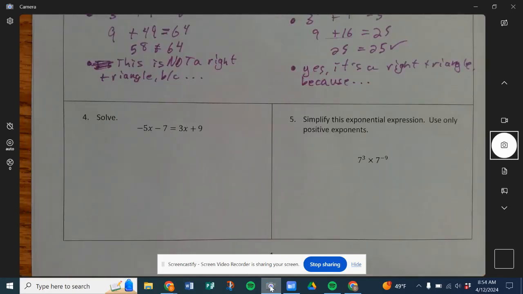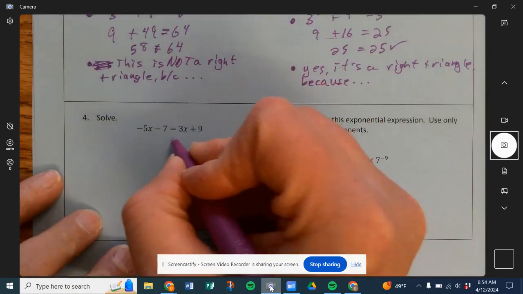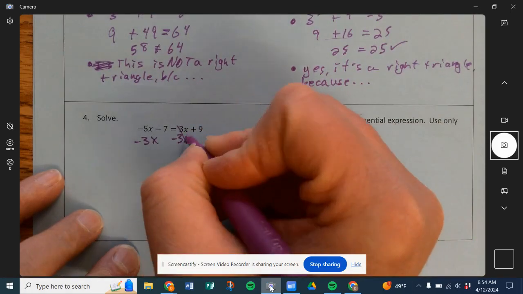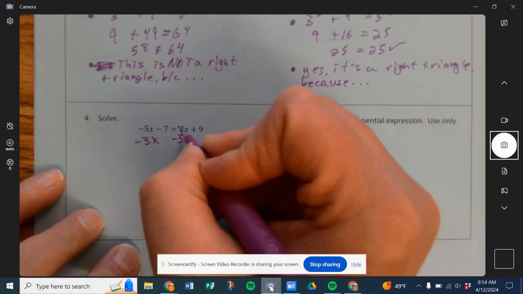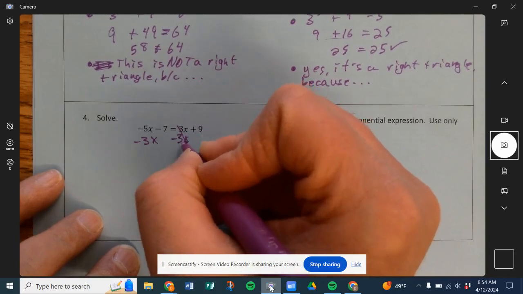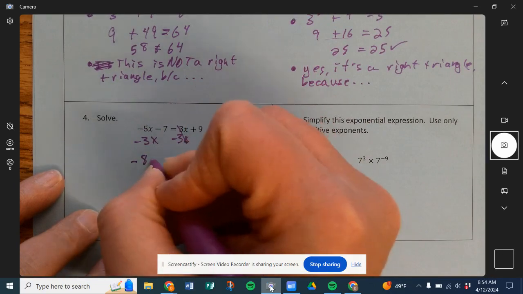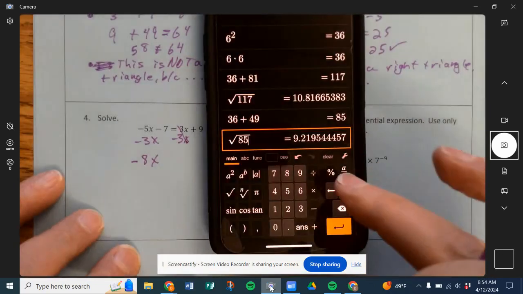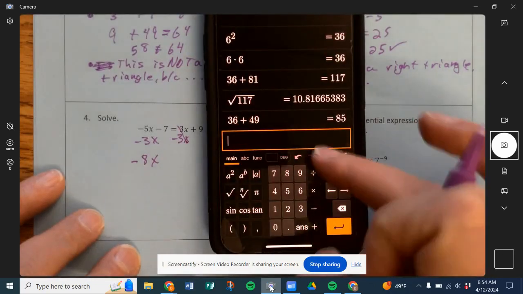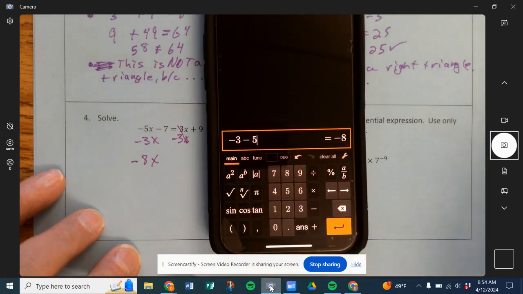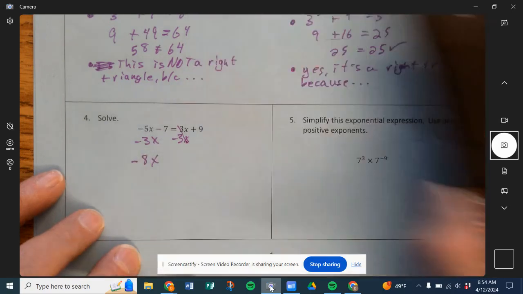We are going to solve this. I bring my x's to the left side. It cancels out right here. The opposite of being positive is negative, so I subtract here and I subtract here. -5 minus 3 gets me to -8. And if you're like, what? That's -2 or whatever, just use your calculator. -3 minus 5, you go left on the number line rather than right. That gets you -8x,